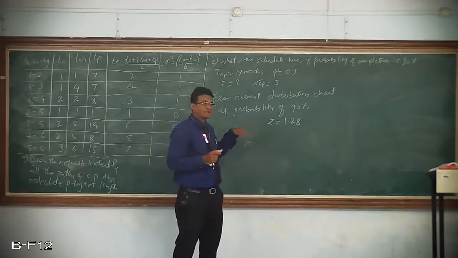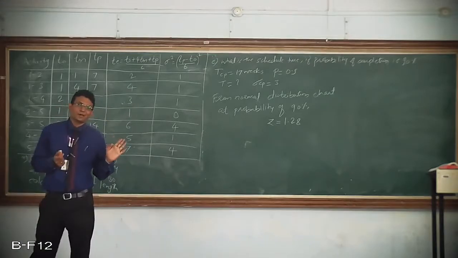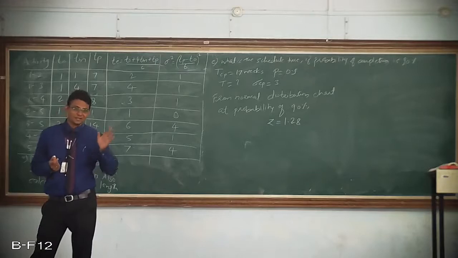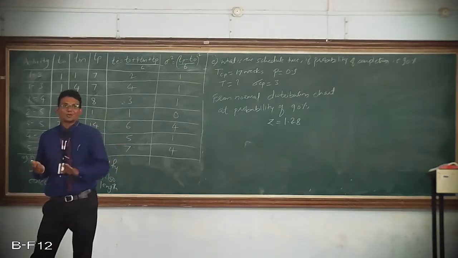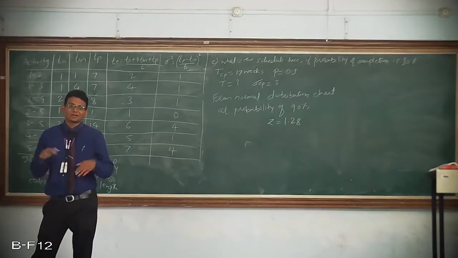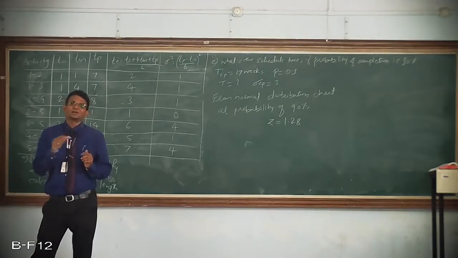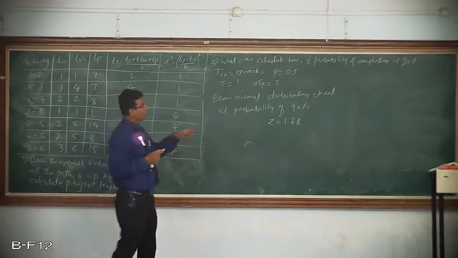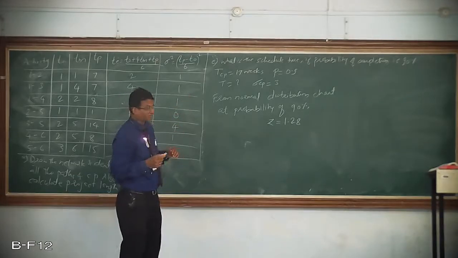So it is exactly opposite to what we were doing in the earlier example. In the earlier part, we used to calculate the value of z, look at that z value in the normal distribution chart, and then calculate the probability. But now they have given it exactly the opposite. So first you need to see the probability and then see at what value of z the probability is 90%, and then you substitute this z value in the standard normal variate equation of z.